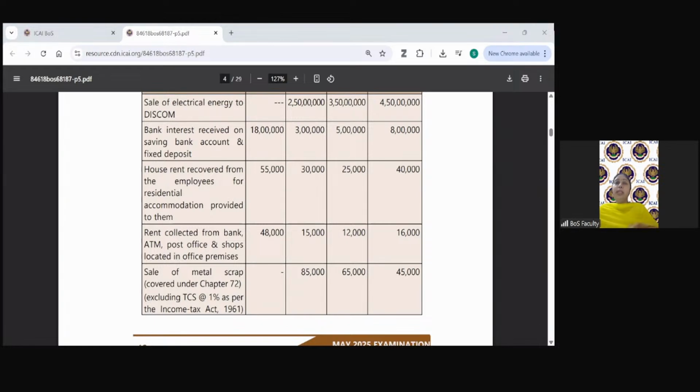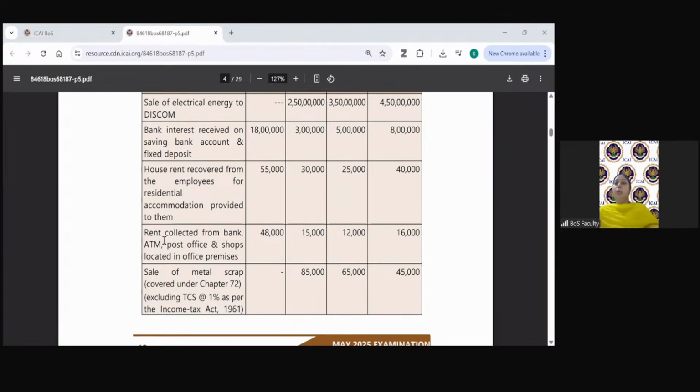So residential dwelling for unregistered person now includes the unregistered person, in a way includes the sole proprietor who is using these residential dwelling for his own residence on his own account. If he is using it, that is also exempt. So this service is also exempt. 55,000 is exempt, will not be included in the value.